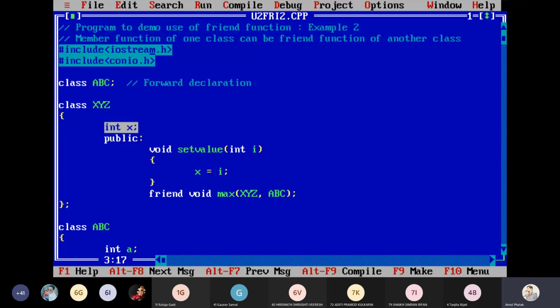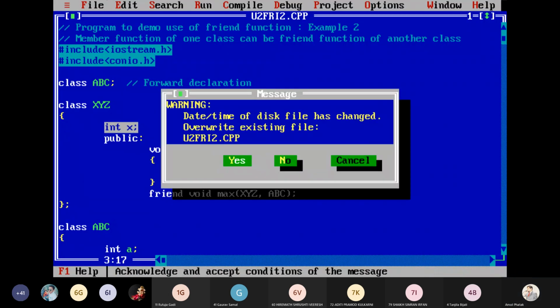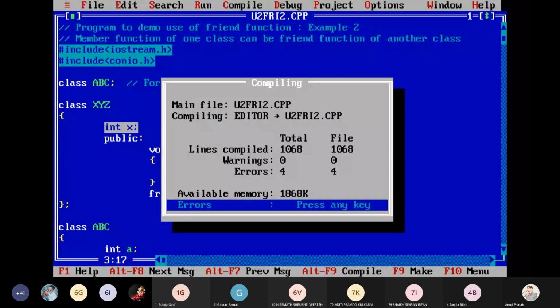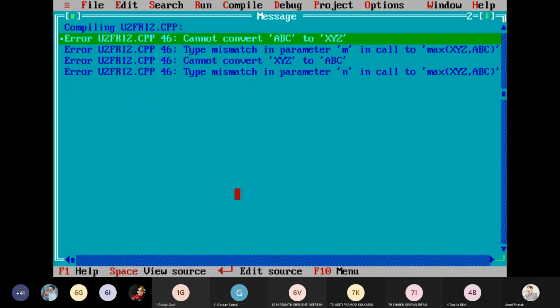Let us check. So, yes, the object of XYZ should be written first in the max function.